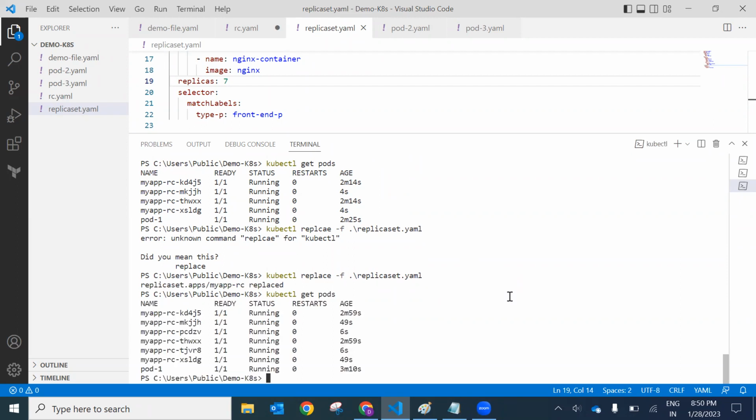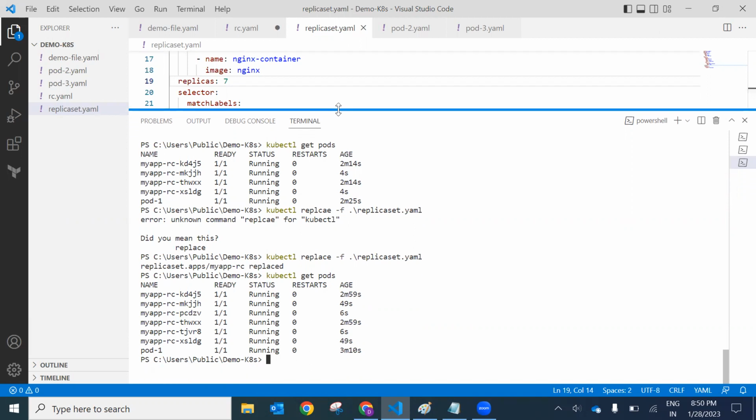Now see what happened. 1, 2, 3, 4, 5, 6, 7. 3 were basically running, 1, 2, 3 in the original file. So later what happened? We wanted to scale it up to 7. In this case,